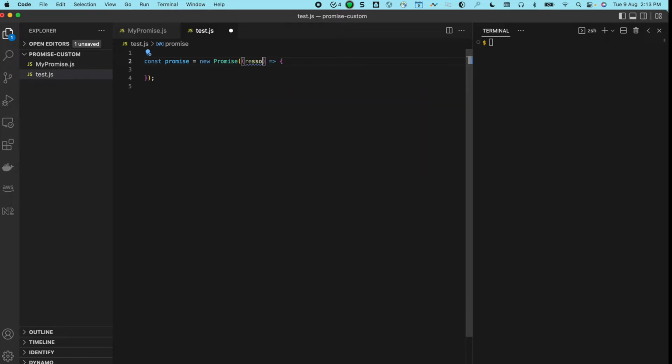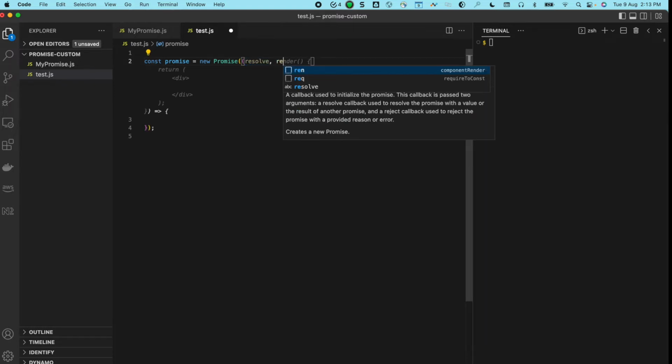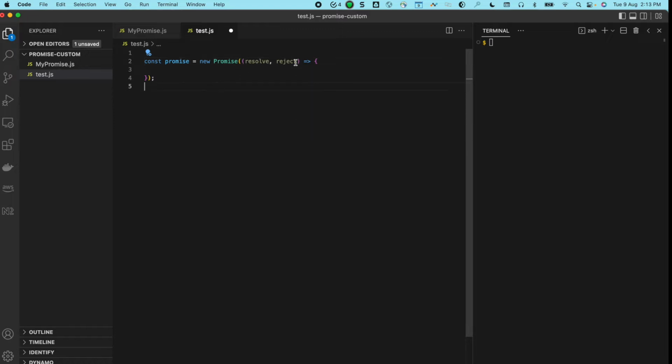The first one is resolve, and the second one is reject. And the way a promise works is it can result in a fulfilled state, or it can result in a failure state, right? In case we want to result in a success case, all we have to do is a resolve, and whatever value you pass in this will get passed to the handler. So let's call it a simple promise,